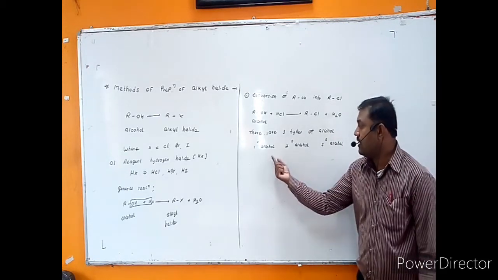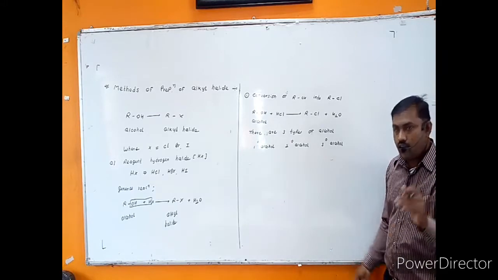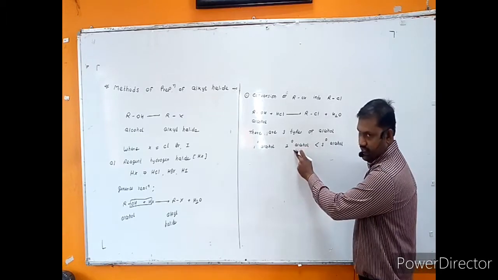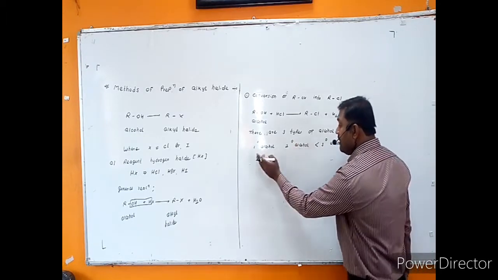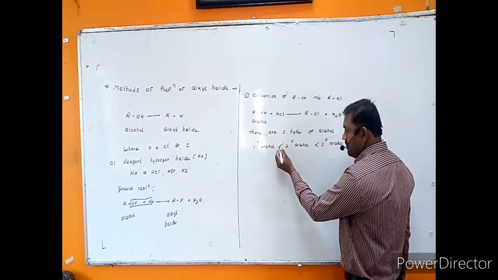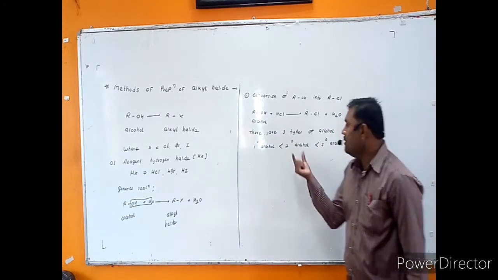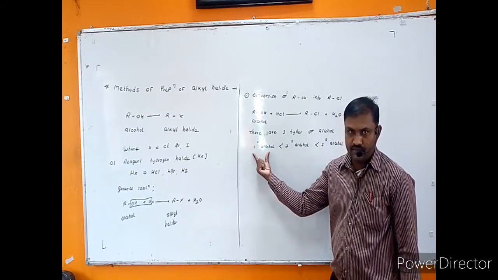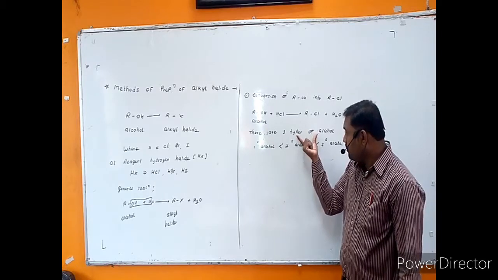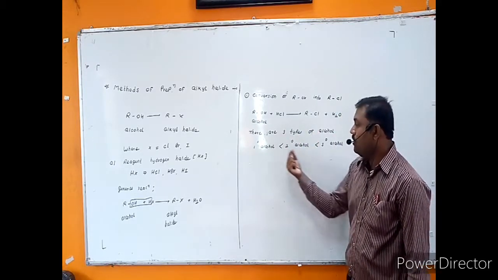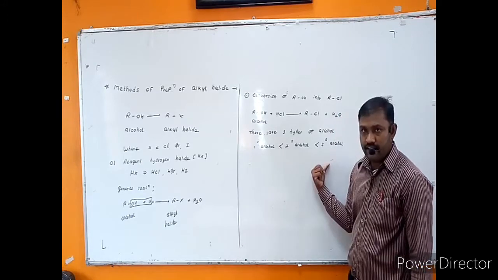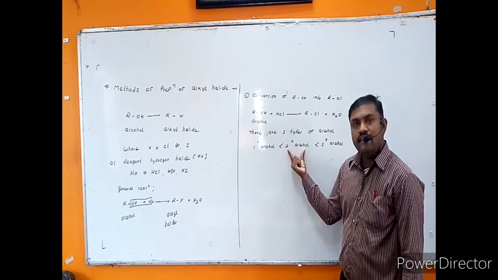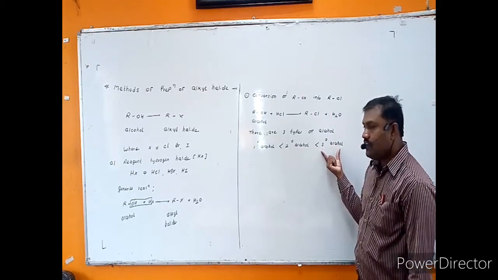If you try to check out reactivity between these three, it is observed that tertiary alcohol is highly reactive than secondary. Okay? अगर हम सेकेंडरी और प्राइमरी को कंपेयर कर रहे तो इसमें भी हमें दिखता है सेकेंडरी अल्कोहल are more reactive than primary alcohol. Now alcohol, there are three types of alcohol: primary, secondary, tertiary alcohol. If you try to check out the reactivity series, it is observed that primary alcohol is less reactive than secondary alcohol, less reactive than tertiary alcohol.